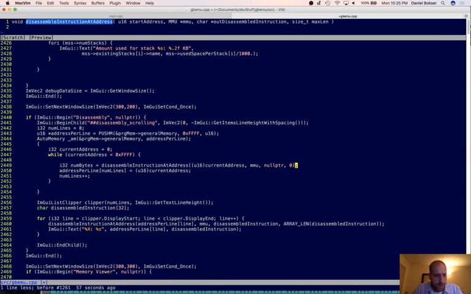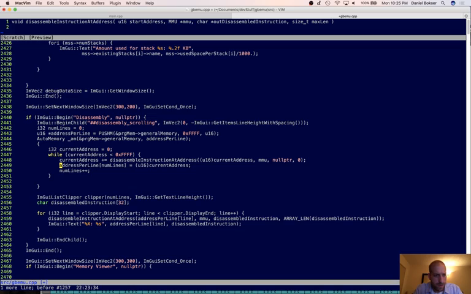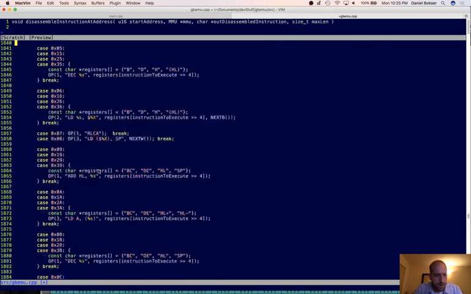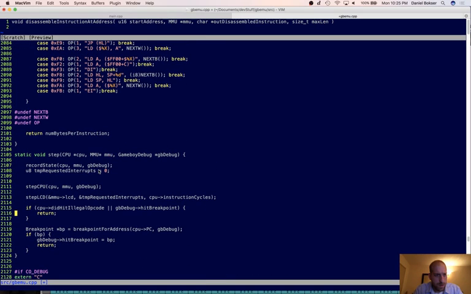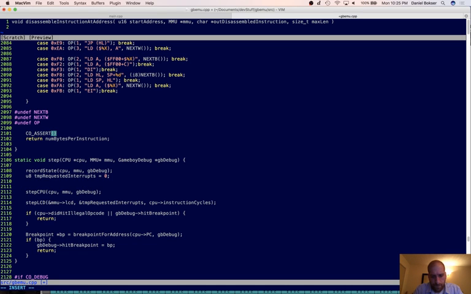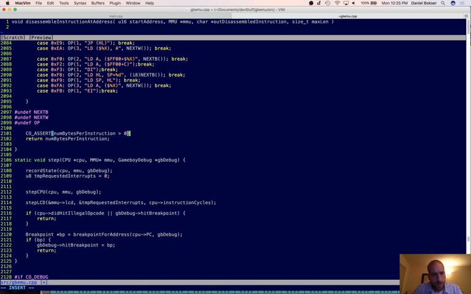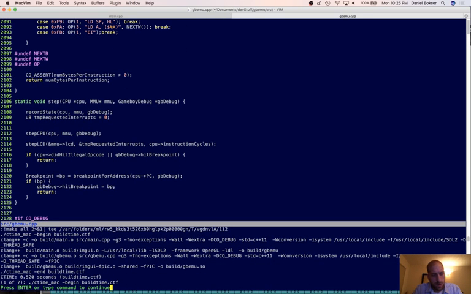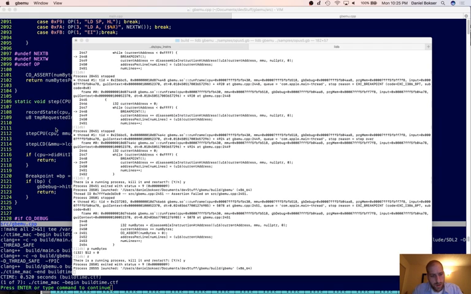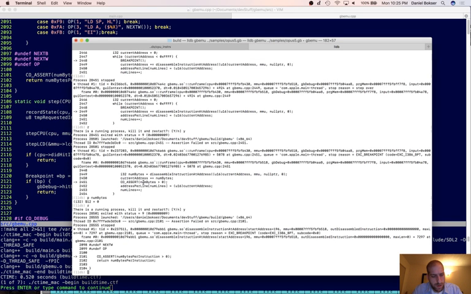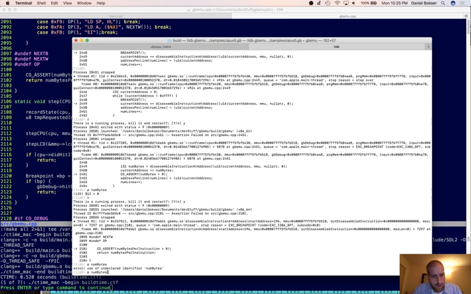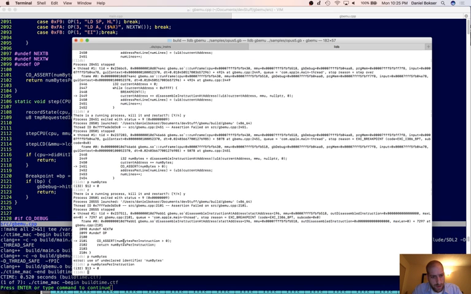There's a lot better way of doing this. Let's go into here and assert that num bytes per instruction is greater than 0. So instruction. And so what